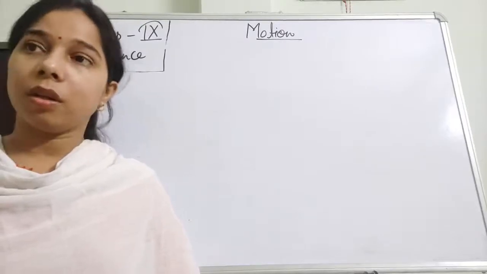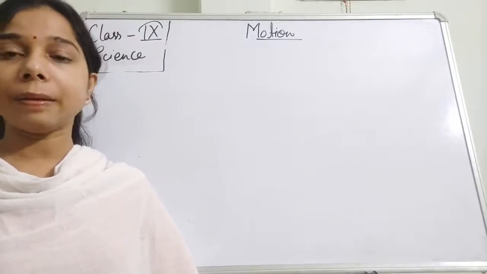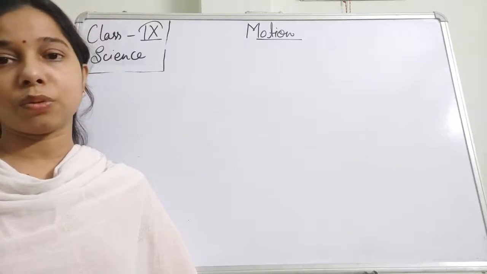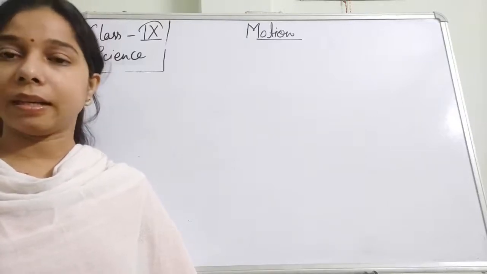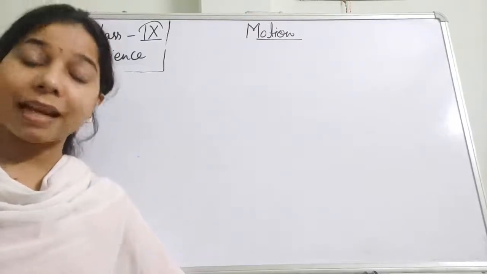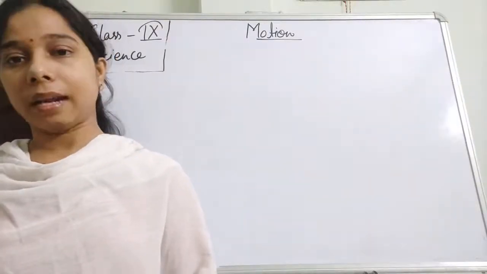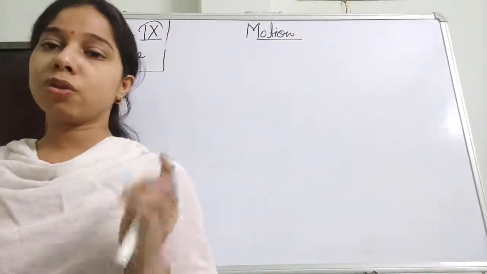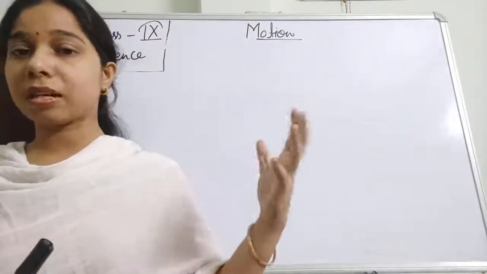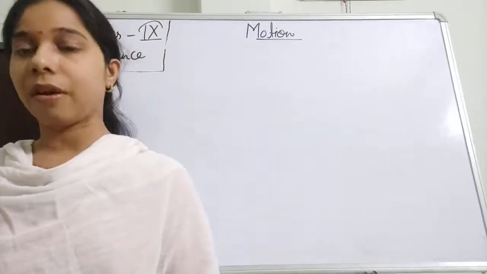The slope that you will find in case of retardation will be a straight line, but it will be upside down. It is going in the downward direction, which tells us that velocity keeps on decreasing. So this is the difference that you will find between acceleration and retardation. The slopes are just opposite to each other: the first is a straight line going upward, the other is going downward.